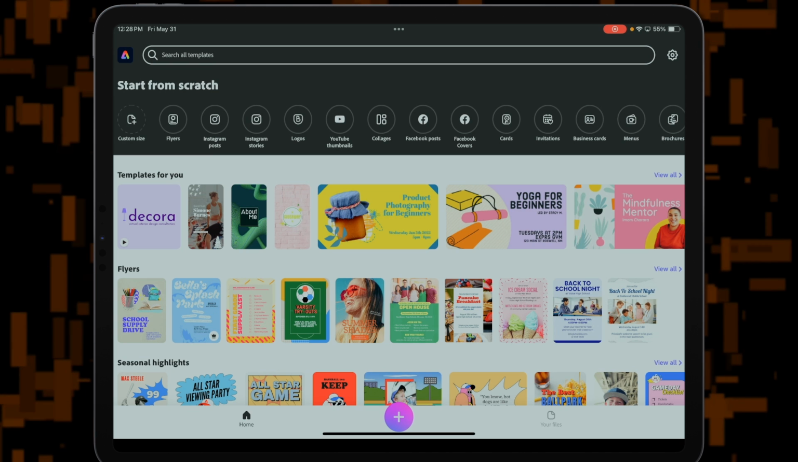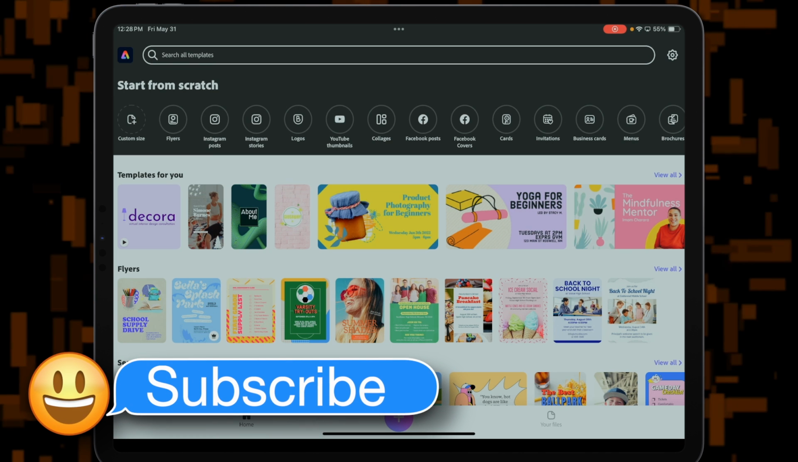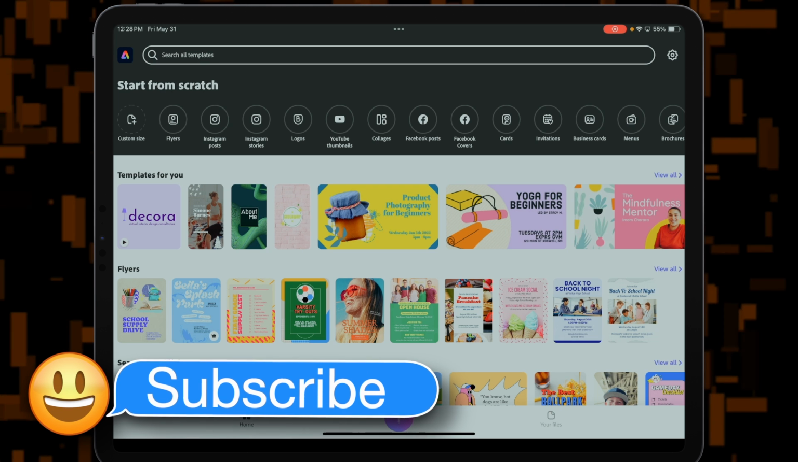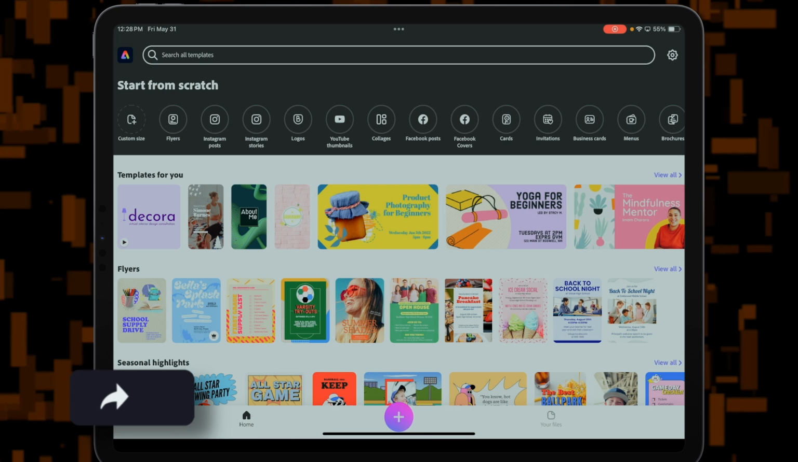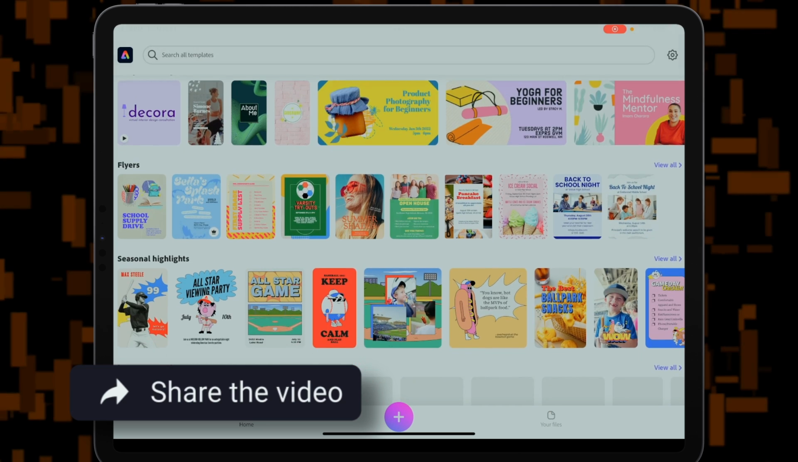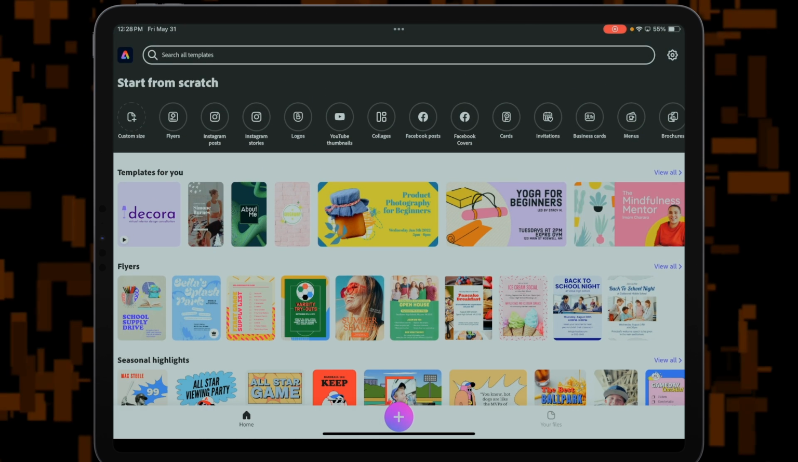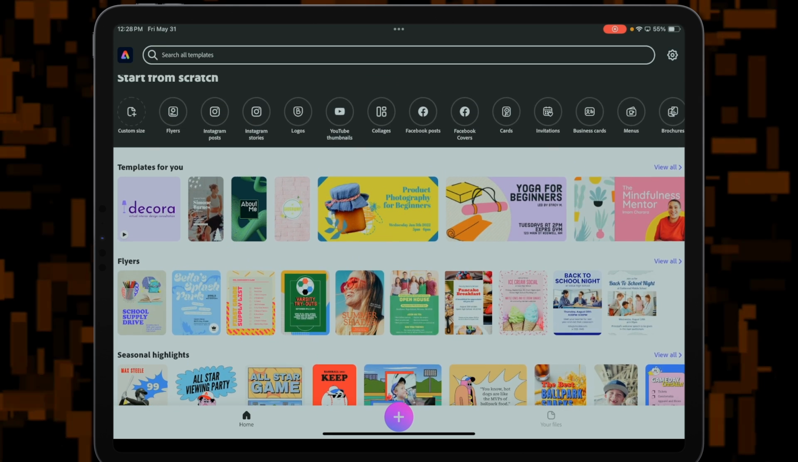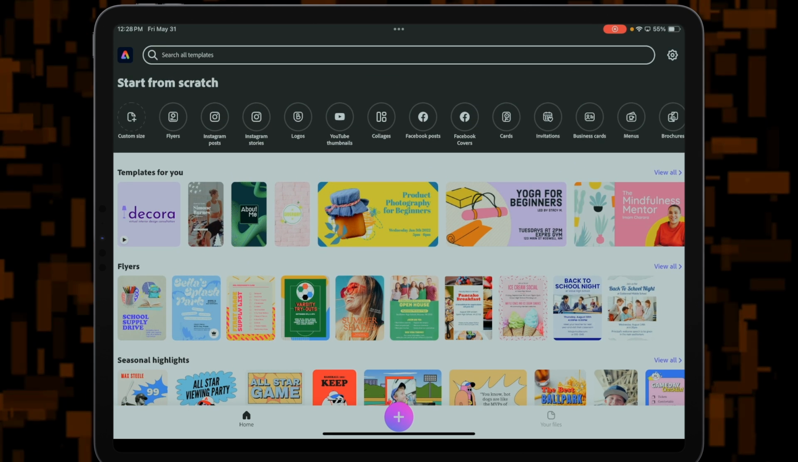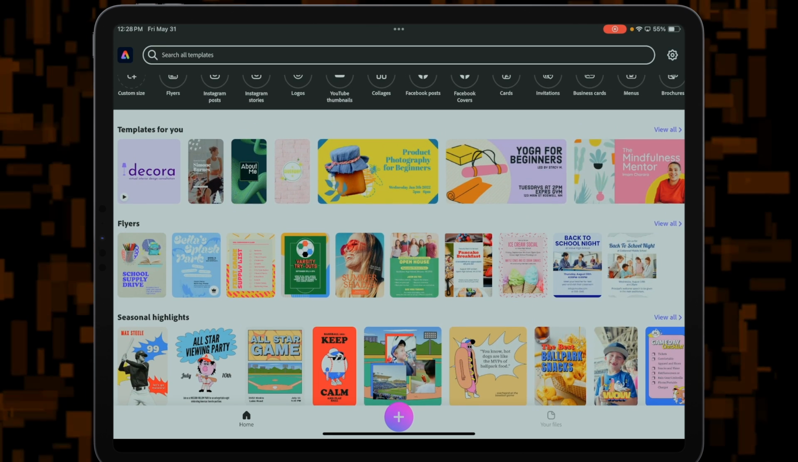Today we are using the Adobe Express app once again. I'm going to show you guys how to add your own files from your own device, as well as a few other things to do with them. So let's just say we want to